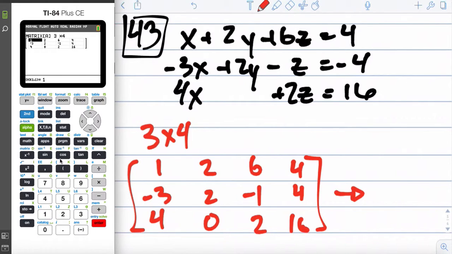Alright, so getting that, I do second mode to quit, second matrix, go over to math, scroll up or down,